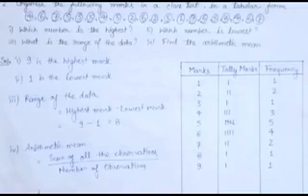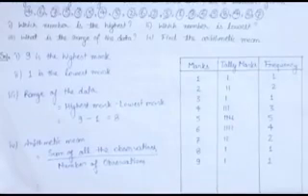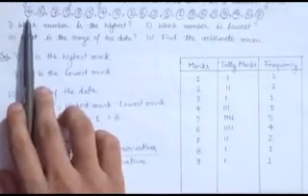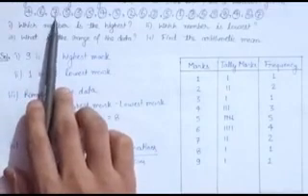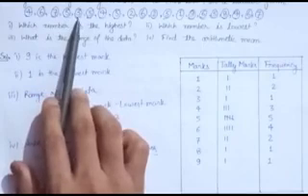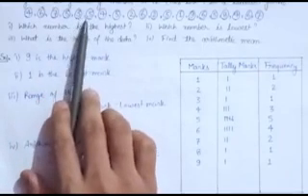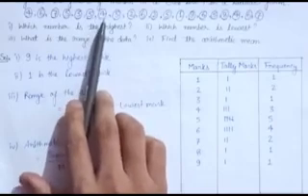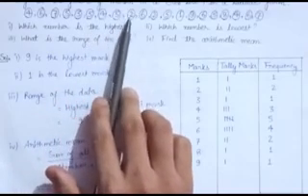So let us do the summing. Some of the following observations. So here you can see that 4 plus 6, 10, 10 plus 7, 17, 17 plus 5, 22, 22 plus 3, 25, 25 plus 5, 30, 30 plus 4, 34, 34 plus 5, 39, 39 plus 2, 41, 41 plus